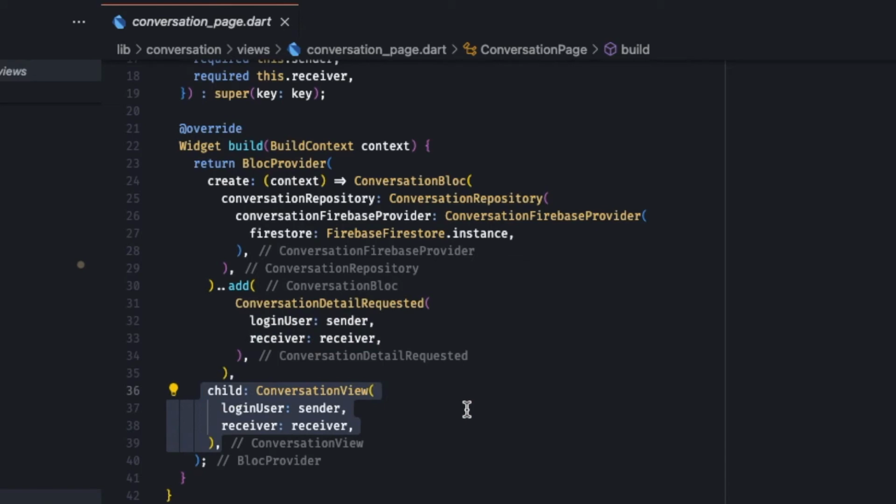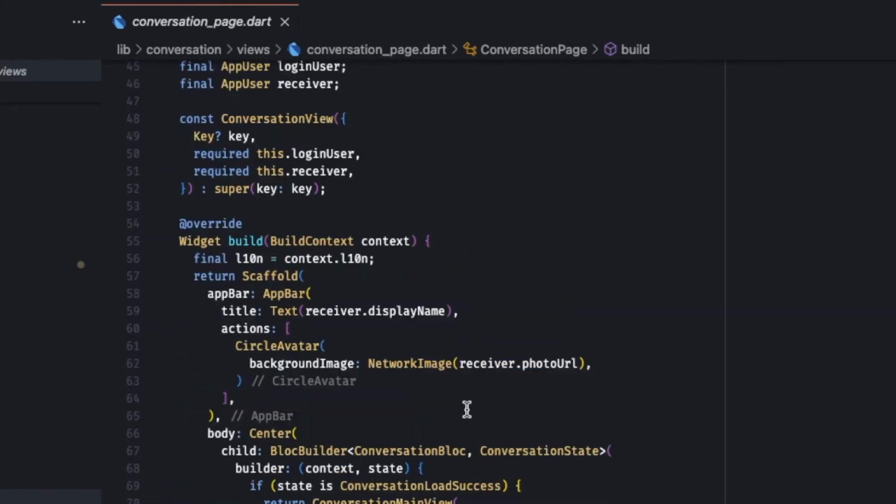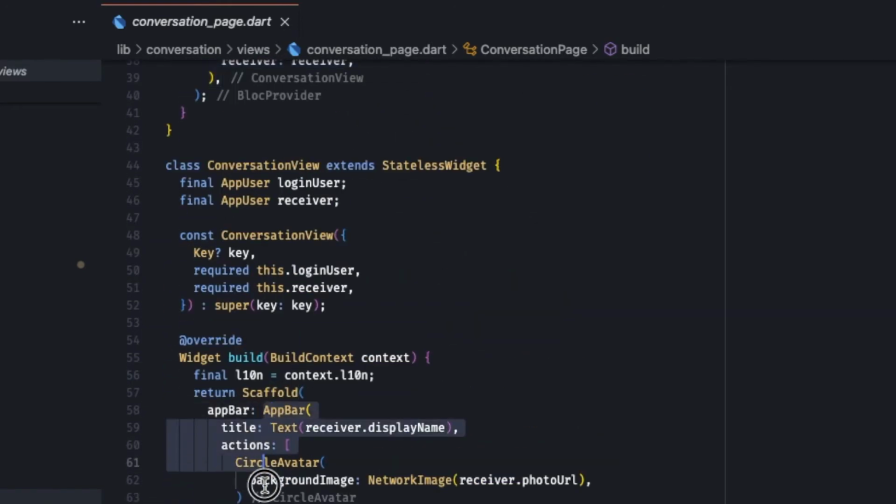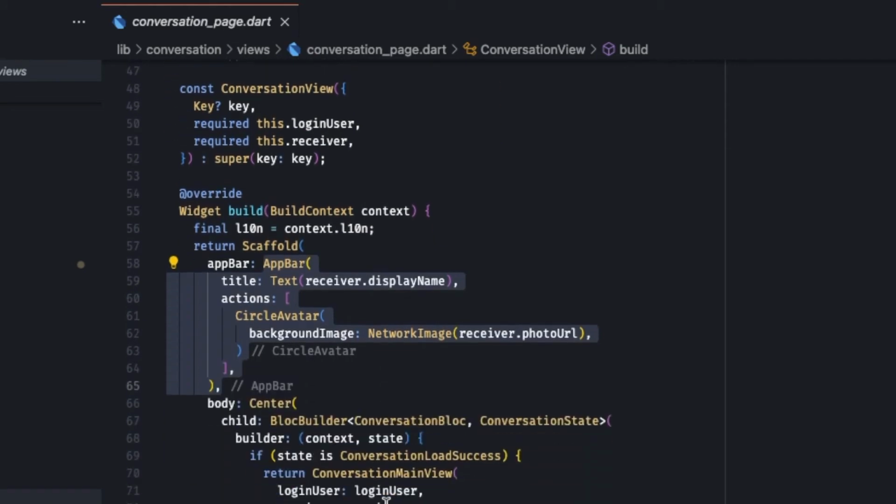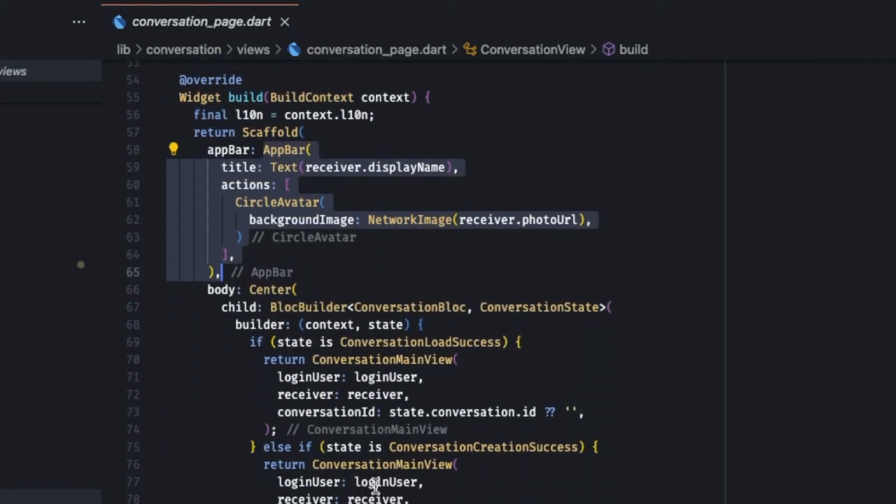It will create an app bar with the receiver name and image. Based on the state of the conversation bloc, it will display the content on its body. If the conversation is loaded successfully, the conversation main view is called with the login user and receiver, with the conversation ID, if any. Whilst the conversation detail is requested, if there exists no conversation, a new conversation is created for those